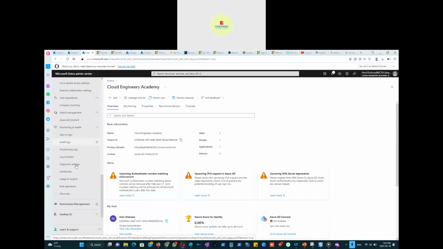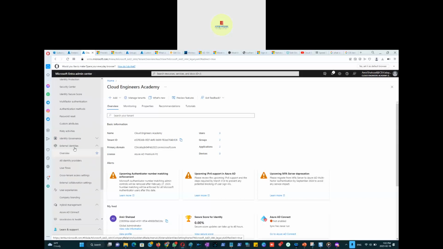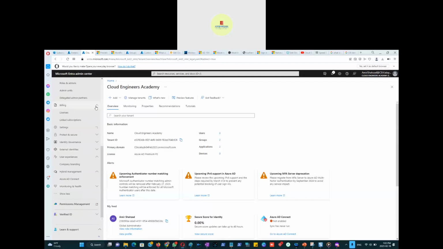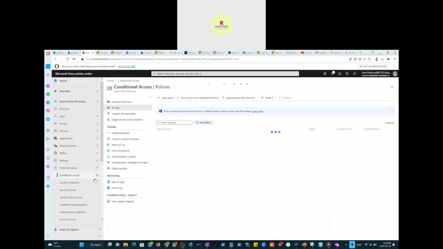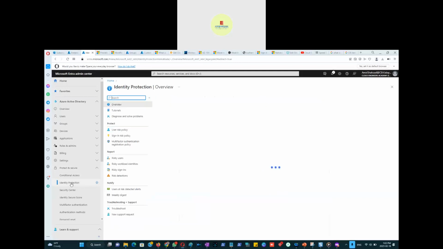But I'm going to go to the more obvious one right now for security, which is this protect and secure, right? I'll just close everything else so we are clearly seeing in Azure Active Directory what we are covering. So when we enter Microsoft Entra Admin, these are the sections. We're going to go for this section, protect and secure. So first we talked about conditional access policy. We configured many areas of this. We can also put it on star, so it will be in the favorites. Then we go for